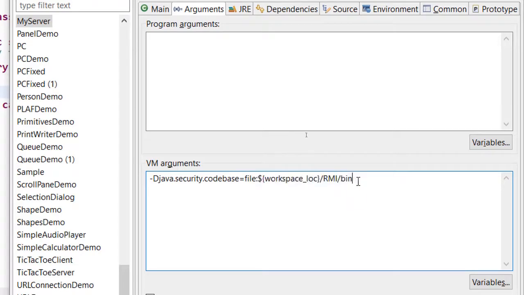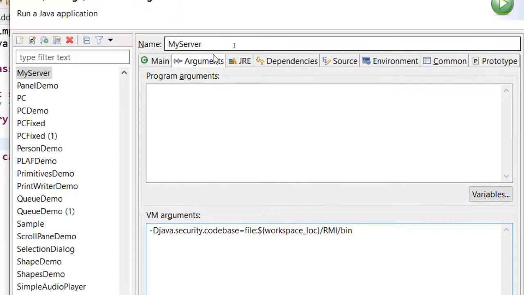Please recollect, this is almost the same as, but there is a small change in the syntax, the one that you specified as the working directory in your RMI registry as external tools, right? So you just need to paste this entire VM arguments in the VM arguments section. So under the VM arguments, which is under the arguments tab, you just need to paste it.